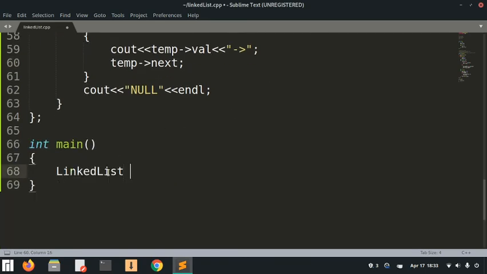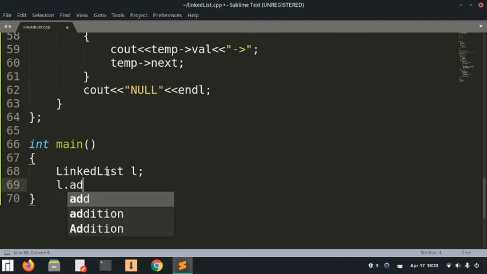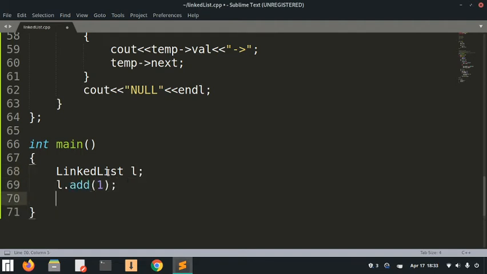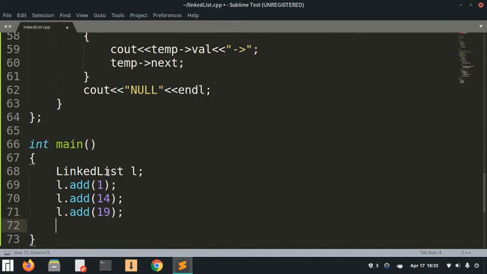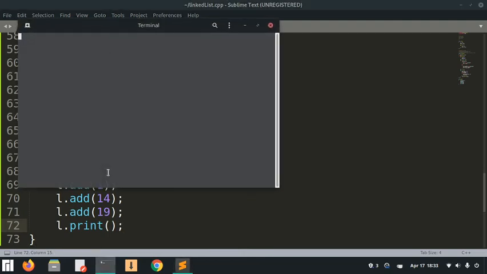So let's create a linked list L. To L let's add 1, to L let's add 14, and to L let's add 19, and let's print this linked list out. So let's see what happens in this code. Let's go ahead and compile so that we can run this. So g++, linked list cpp,